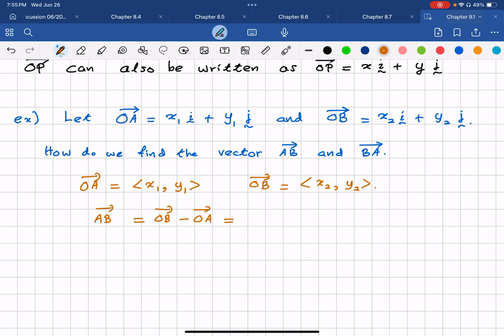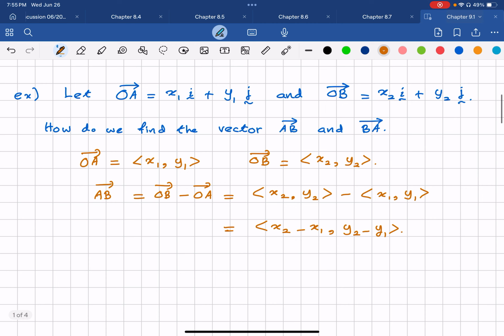It is going to be (x2, y2) and my vector OA is (x1, y1). When we are subtracting two vectors, we subtract the x component separately and the y component separately. So I would get (x2 minus x1, y2 minus y1). Okay,